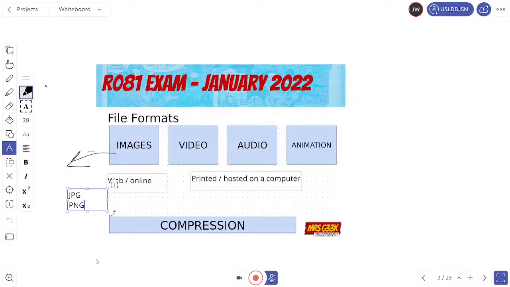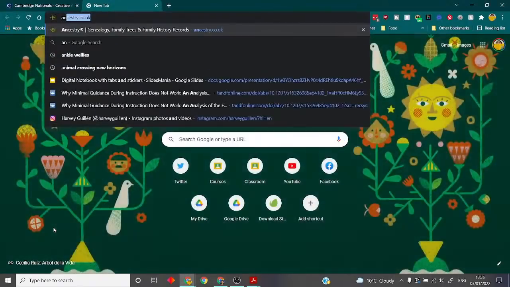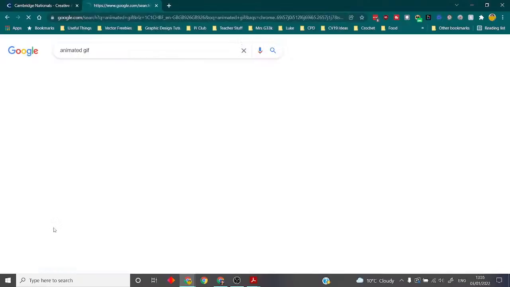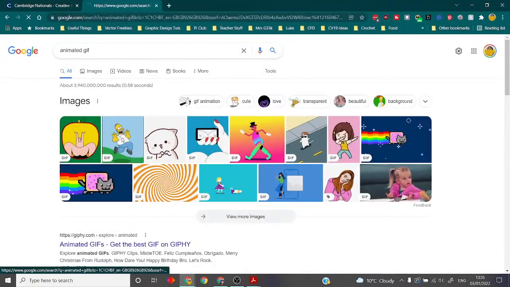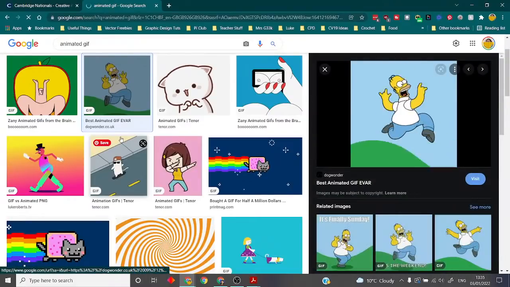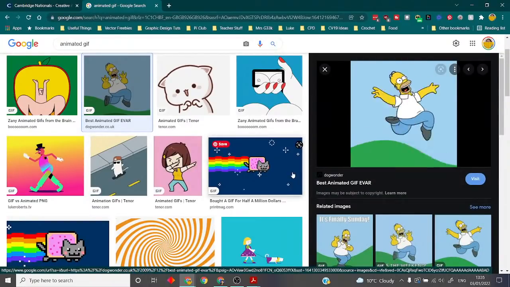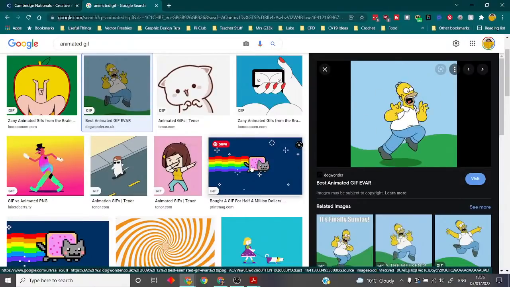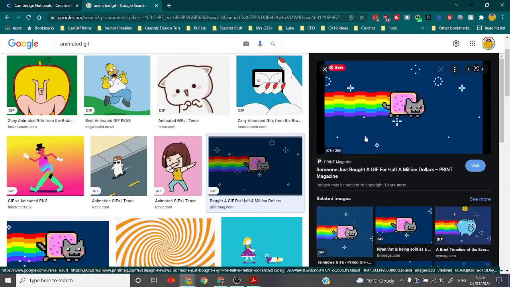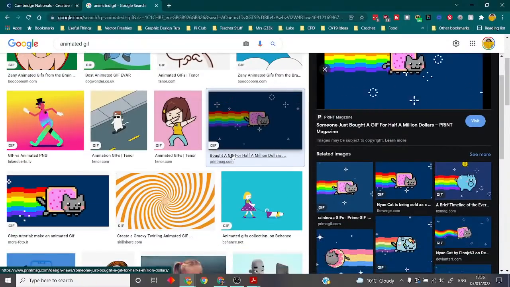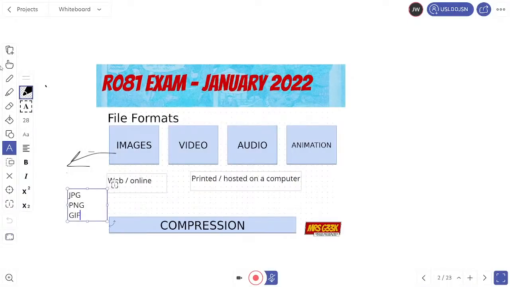You've also got things such as GIFs. Now, you may know GIFs as our lovely little animated friends. In fact, I think on here you can insert GIFs. I'm not sure, but let me go to Google. So let's search for an animated GIF. Here we go. We all know animated GIFs. There's lovely little Homer. So GIFs, as you can tell, are an image file format, but they're also an animation file format, and they are used traditionally for low quality files. Now, the limitation with these is they can only support up to 256 colors, so it's not good for anything that's got lots of colors in it. So that's a limitation that you have with GIFs.